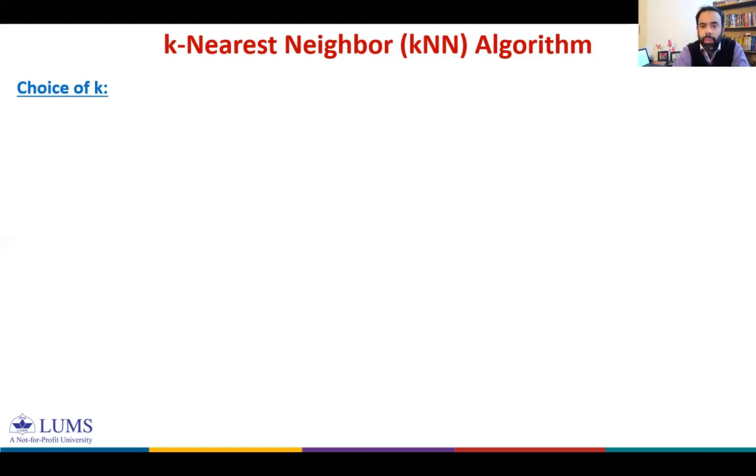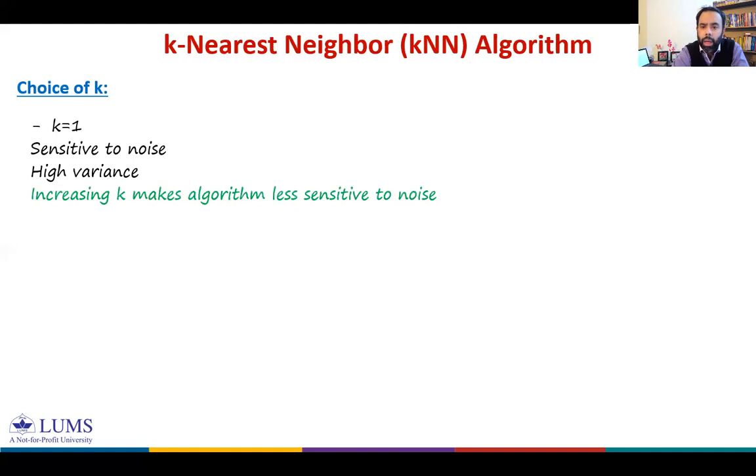And when the boundary gets smoother, you're moving towards a high bias and low variance area. I will talk about this. So when k is equal to 1, our classifier, our KNN, is very sensitive to noise, and that is because it has high variance. And what is the solution? Obviously, the solution is increasing k, which makes it less sensitive to noise and reduces the variance in the error, or variance in the misclassification.